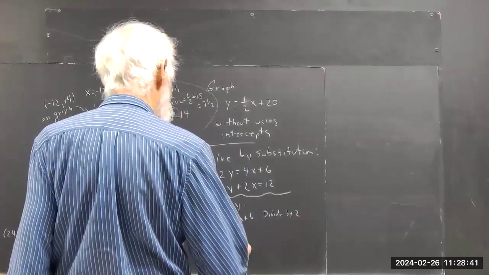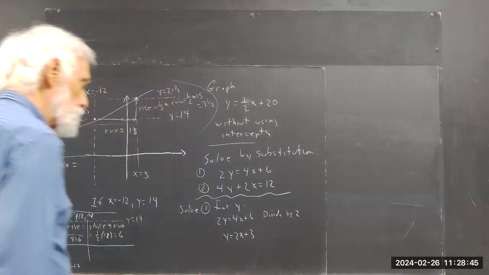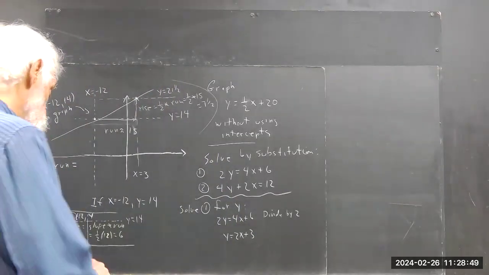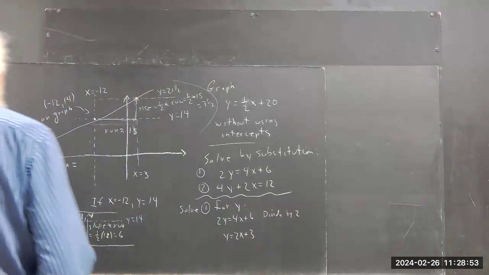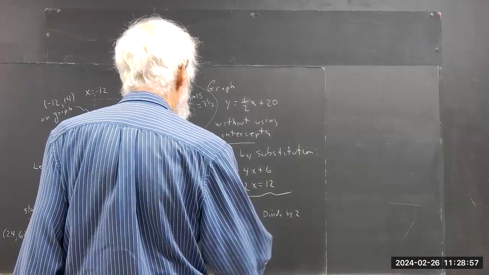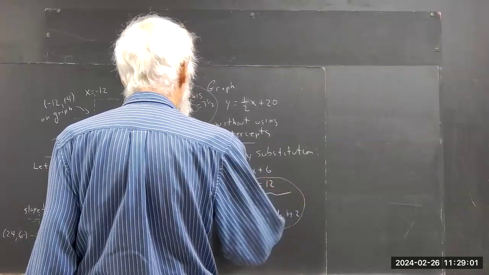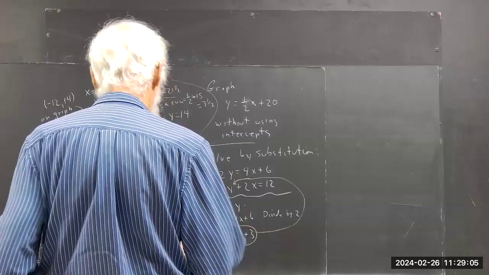And you get y equals 2x plus 3. And you plug that result into the second equation. So we take this, plug it in here, and out pops the equation